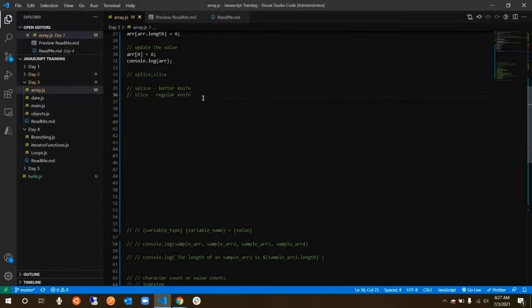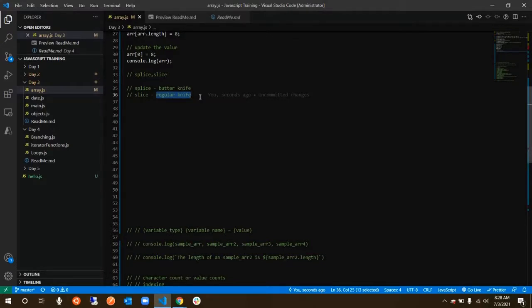What we do with your regular knife, we just take it in order to chop anything into pieces, either two pieces, three pieces, it doesn't really matter, right? You just cut something into some portion. It could be one third, or 50-50, anything, or you just chop into different segments. That's how you use your regular knife. You just use it to chop. Now again, come back to the butter knife.